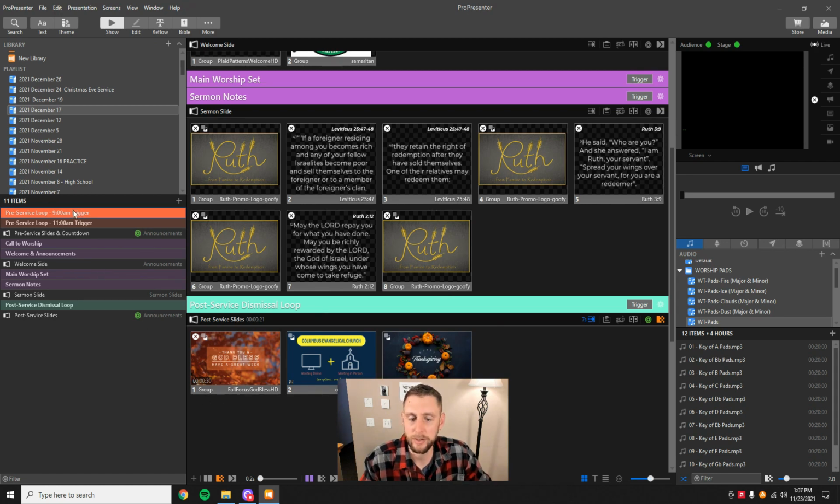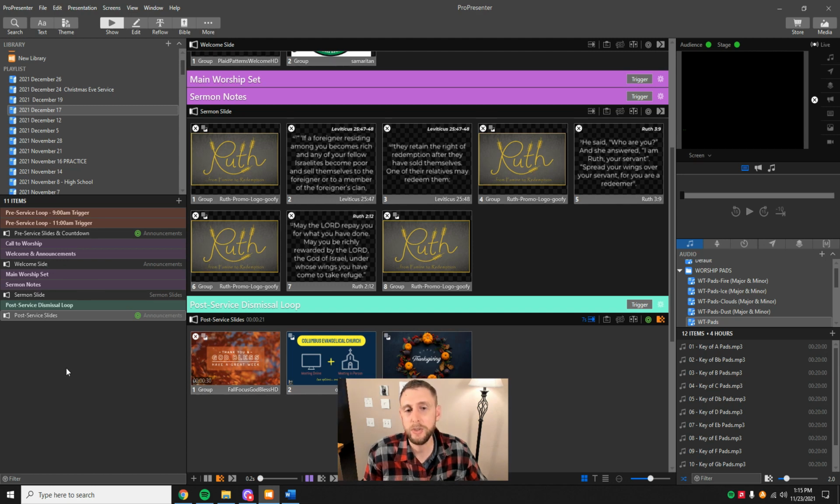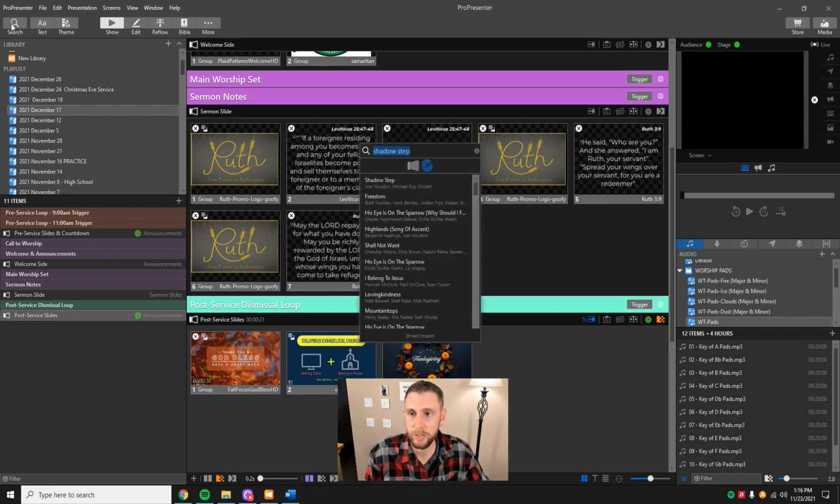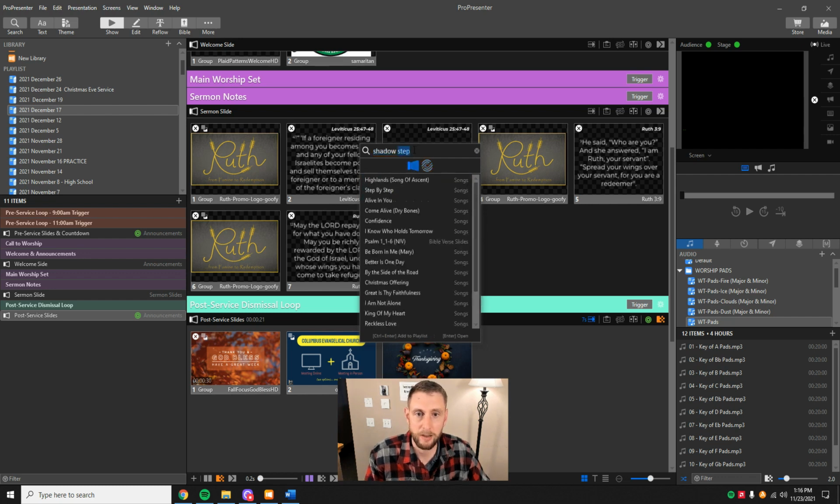And there's two different ways to add songs. So the two different ways to add a song to this Sunday playlist. One of the ways is that song has already been pre-created and it's already in our computer's library. If that's the case, we can go to search and, well, let's see here. Let's look up